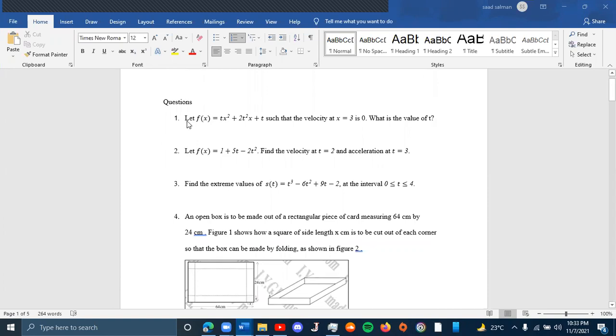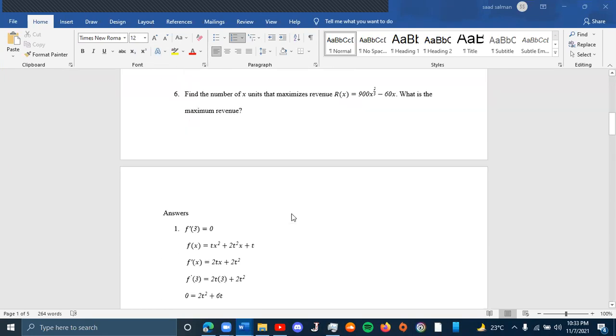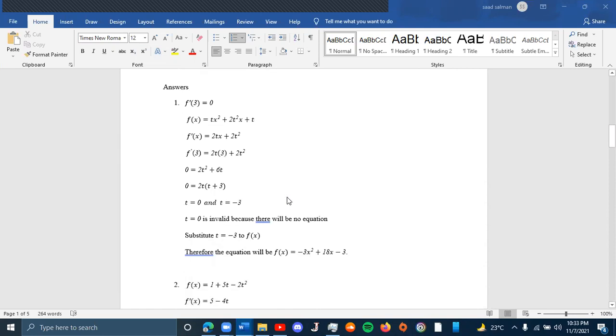is: let f(x) = tx squared plus 2t squared x plus t, such that the velocity at x = 3 is 0. So what is the value of t? We will solve this question by starting with f prime 3 equals 0. So f(x) = tx squared plus 2t squared x plus t is our equation, as it is mentioned